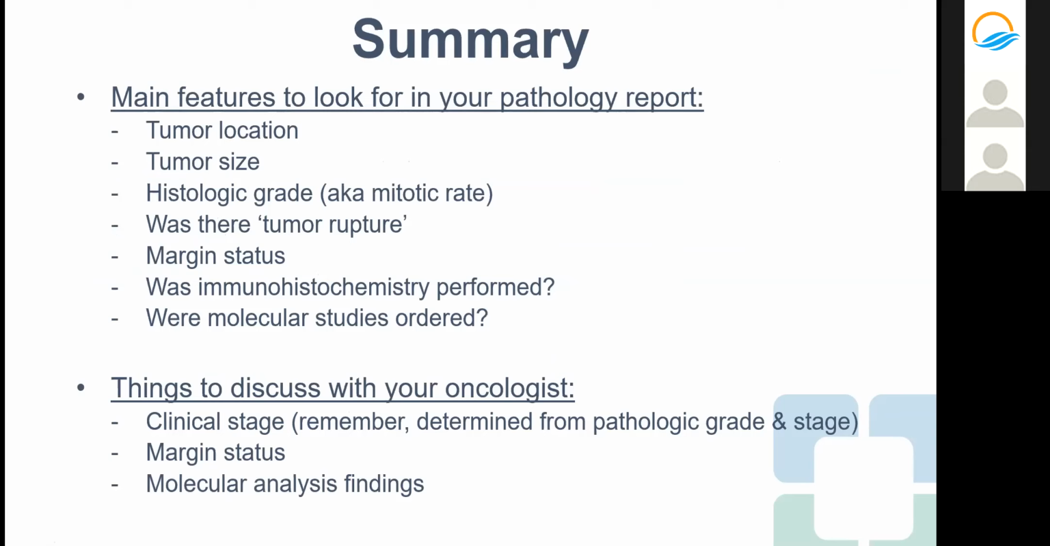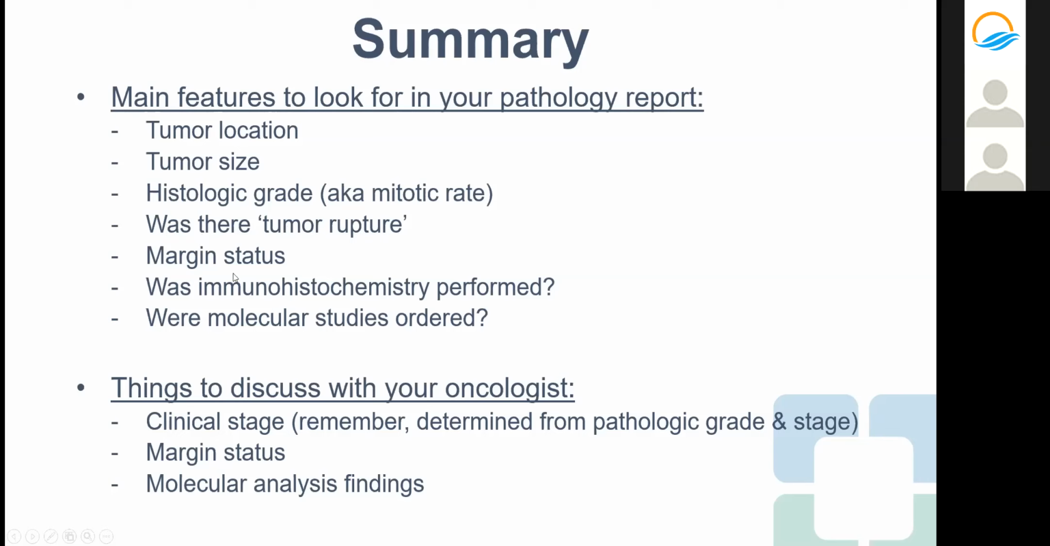So now I just wanted to give a brief summary. I know that was a lot of information, but just a reminder that the main features that you should look for within your pathology report to know the most important components of your tumor and how they relate to tumor prognosis are the location of the tumor, the size of the tumor, the histologic grade of the tumor, which should be given as a mitotic rate, whether or not there was tumor rupture, and that's oftentimes more of an intraoperative finding rather than something that will be within your pathology report, but if it is noted in the report, it would likely be in the comment